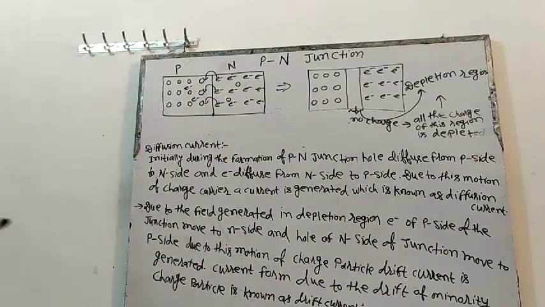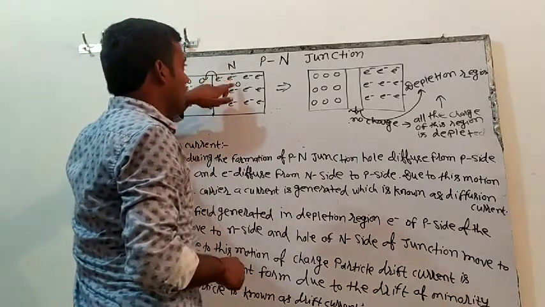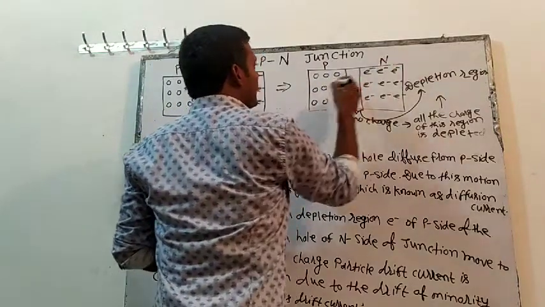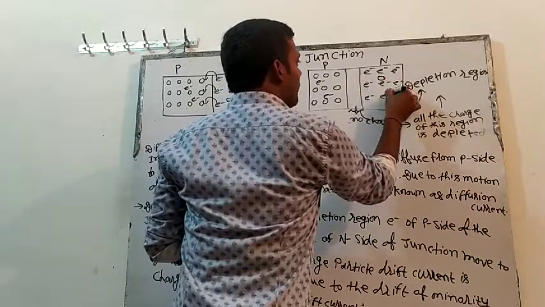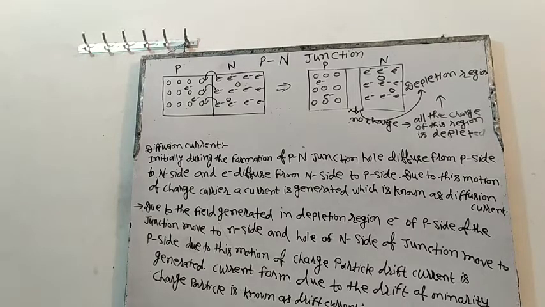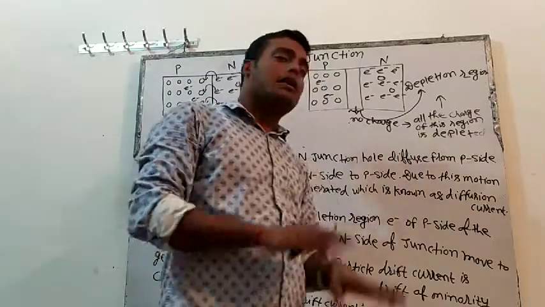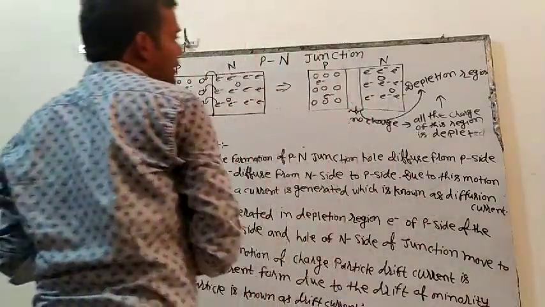First make the picture. अच्छा, see, here hole is majority, so electron will be minority. Here electron is majority, so hole will be minority. So this is P, this is N. Here electron will be minority, and here hole will be minority. Right? Up to this, any doubt? So the depletion region, you have understood, is a region where there is no net charge, where all the charge is depleted. This definition they can ask in the board.